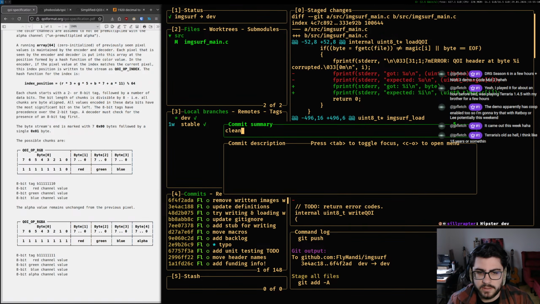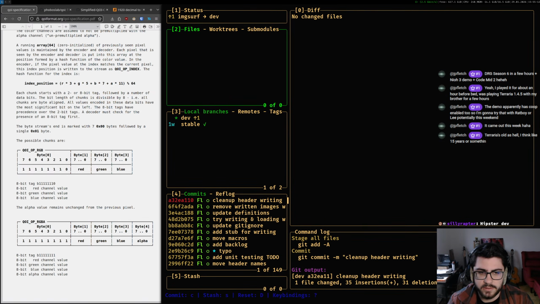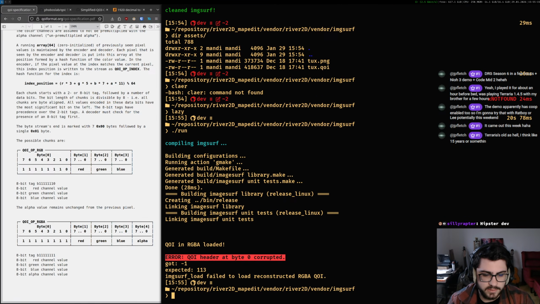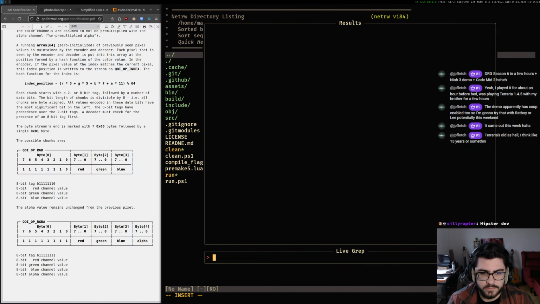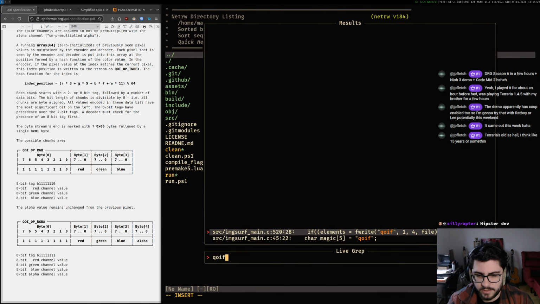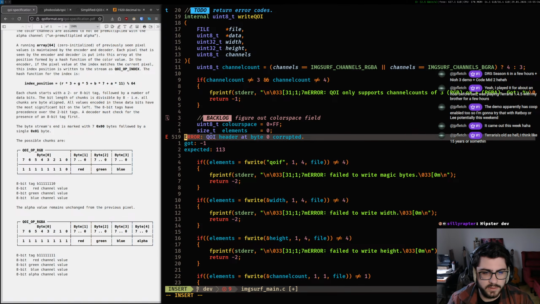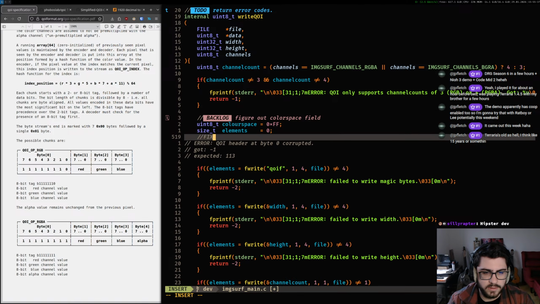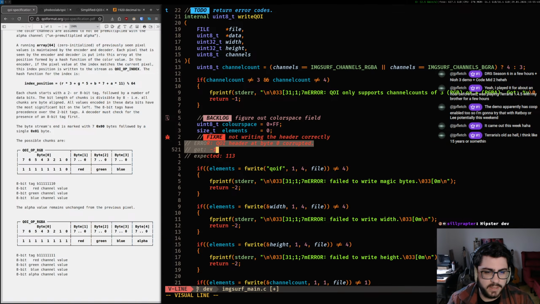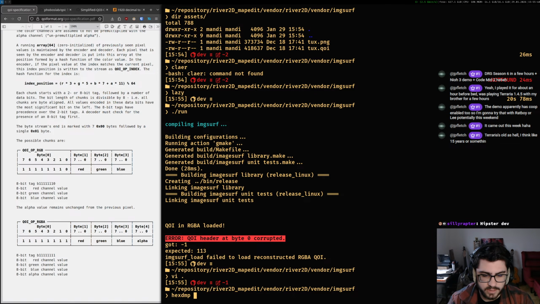Clean up header writing. But this is just so weird. QIF. I can just search for this. Yeah. So I'm gonna write a fix me here. Fix me. Not writing the header correctly. I think what I can just do, I don't know why I didn't think of this earlier,